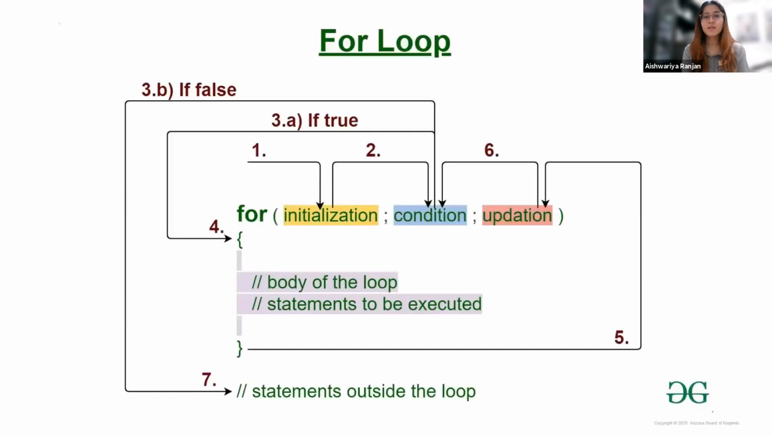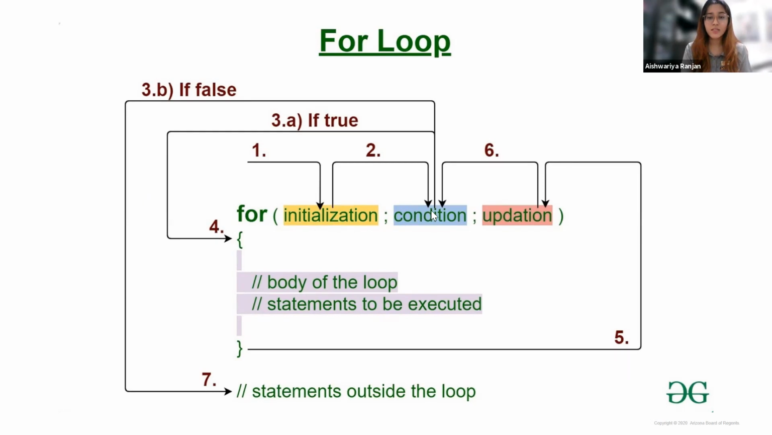Okay. So here's a breakdown of the for loop. First, we initialize our value, int I equals 0, for example. And then after we're done initializing, we make our condition, a stopping condition. How long do you want the for loop to run? And after we do the condition,